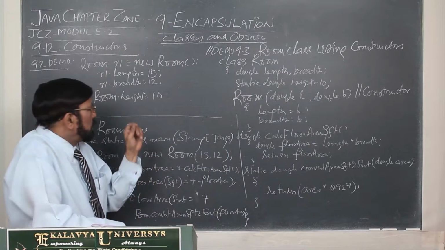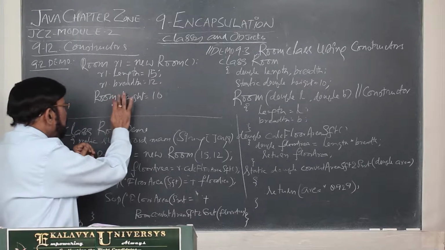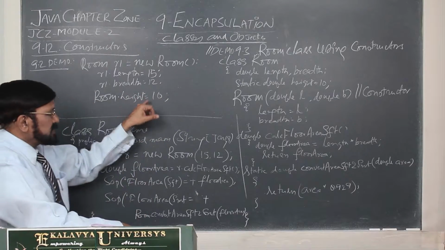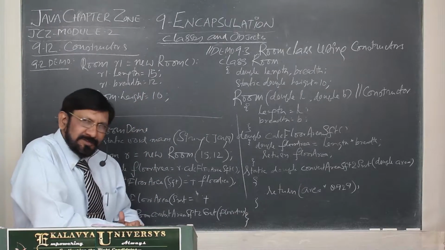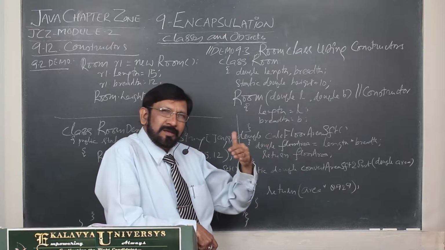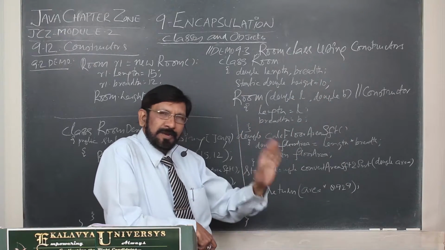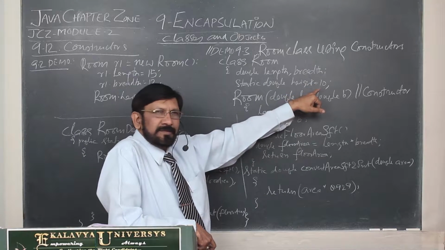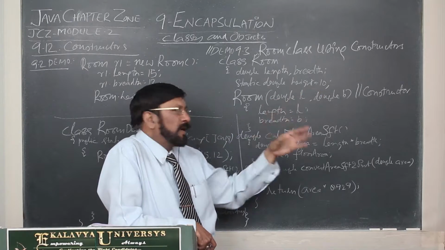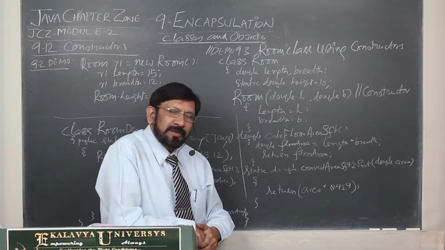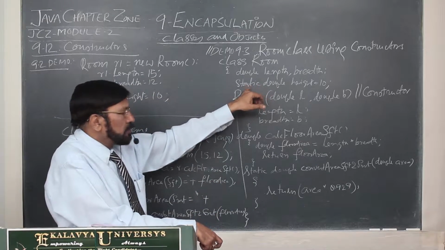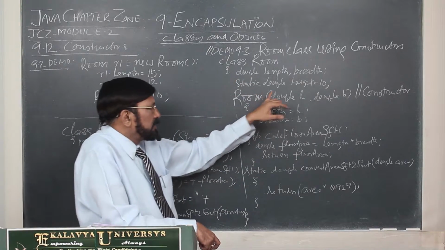In the 9.2 demo, for room height, I made it 10 and initialized it in the implementation class. Instead of that, you can initialize it here itself, because if it relates to a building, all rooms have the same height, that is 10 feet, then you can initialize it here. If you want, you can make it final also. Already in one of the programs, 9.1 circle demo, we made pi final. If you want, you can do it, nothing wrong in that.